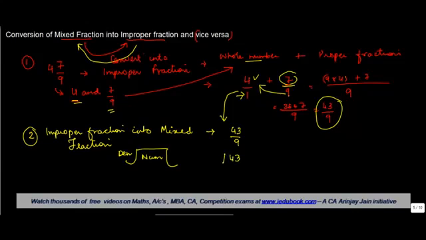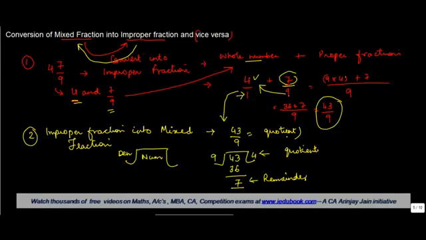We will divide 43 by 9. We know 9 times 4 is 36. The remainder is 7, right? So you have the remainder here, you've got the quotient here, and the divisor is there. In these cases, what happens is that the quotient that you have becomes the whole number, and the fraction is the remainder